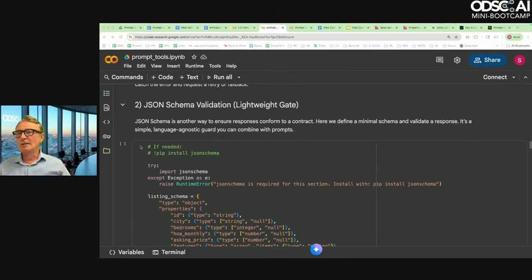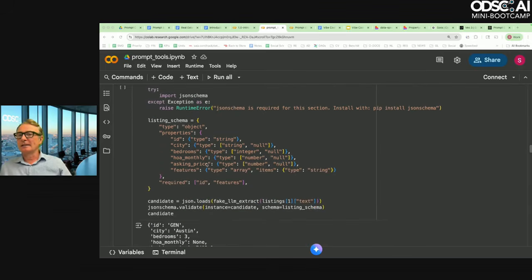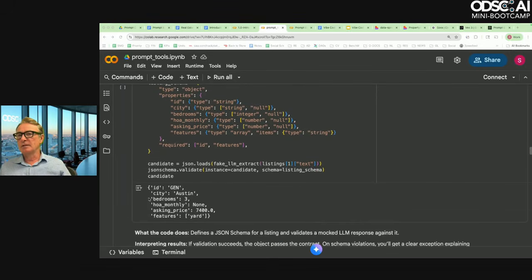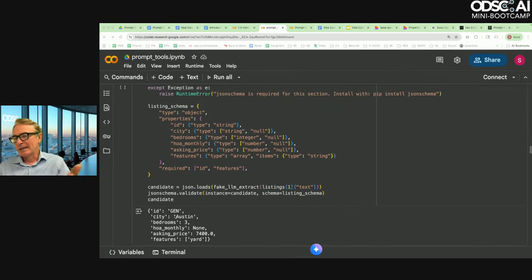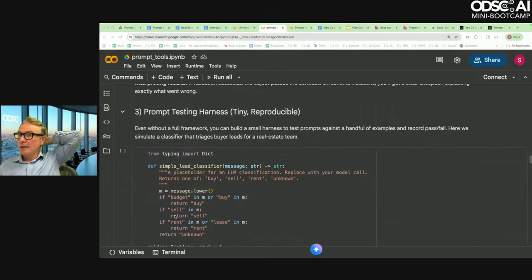Here, it's a little more structured. We're using a JSON schema, and we're given an exact JSON schema that we expect to see, as opposed to a more loosely organized one here. And you can see here ID, city, bedrooms, monthly fee, and again, it's a toy example, so it's missing a lot of different features. Here, this tool, when we want to test the outputs,